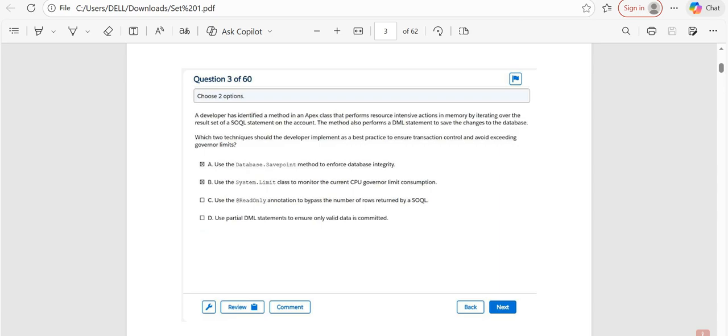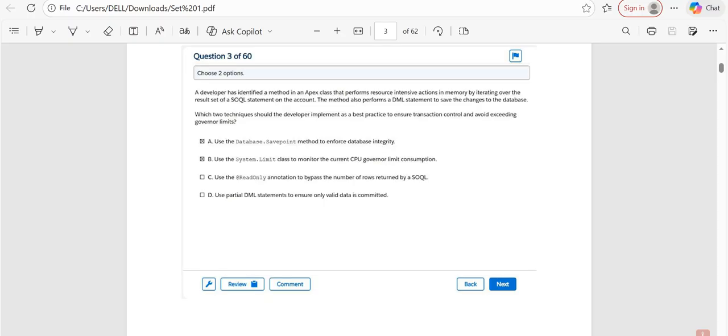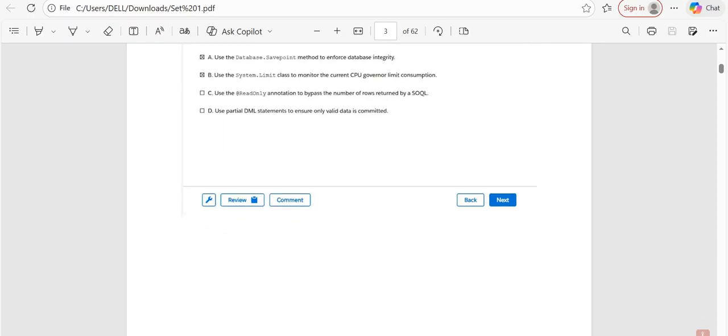Which two techniques should the developer implement as a best practice to ensure transaction control and avoid exceeding governor limits? So the correct answer is option C and D. Option C: use the read-only annotation to bypass the number of rows returned by a SOQL. And option D: use partial DML statements to ensure only the valid data is committed.